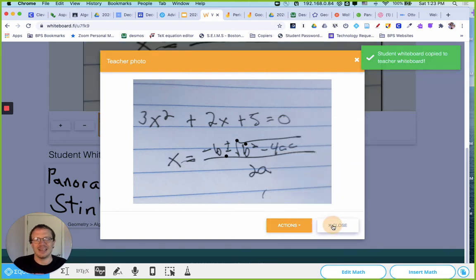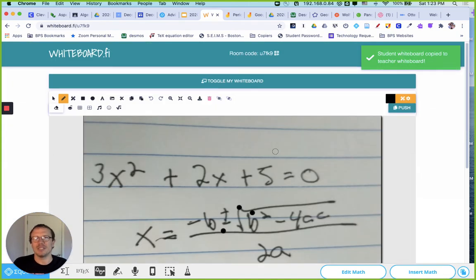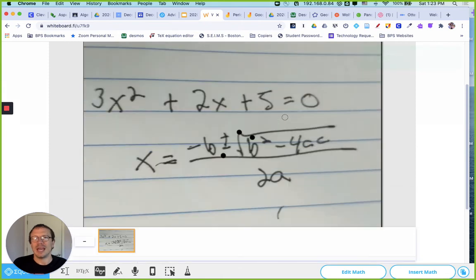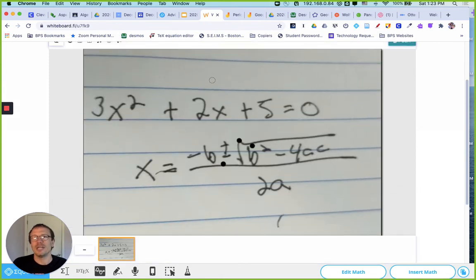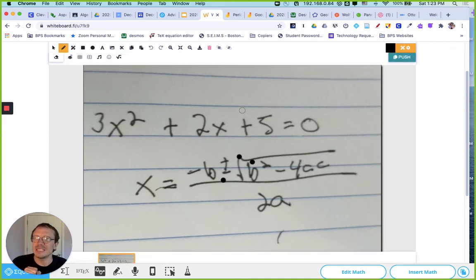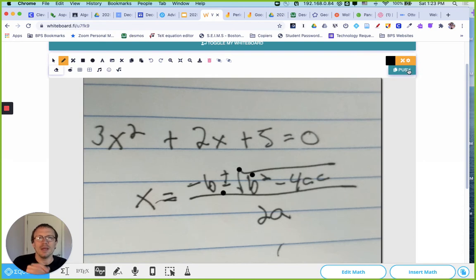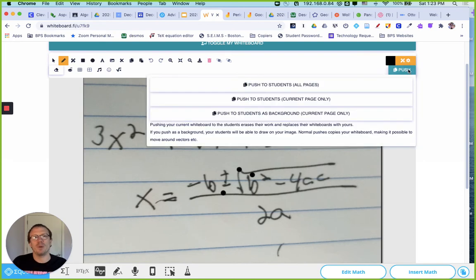And then you'll see up above, now it shows on the teacher whiteboard, and the leader could add additional comments to it here. Or if somebody else says, wait, I want to add one comment, please, can I add one comment? What the leader can do is hit push and push to all the students as a background, the current page. So then all the students in that breakout room have that image, and they can all draw on top